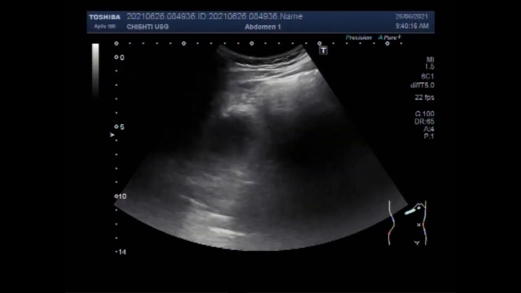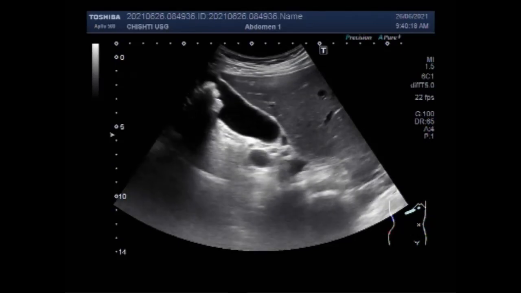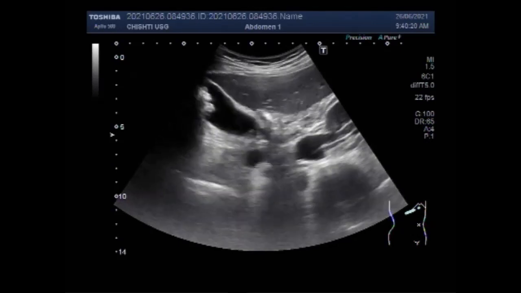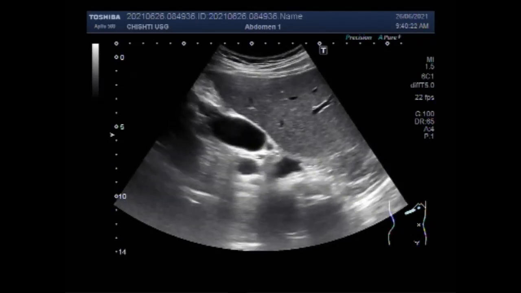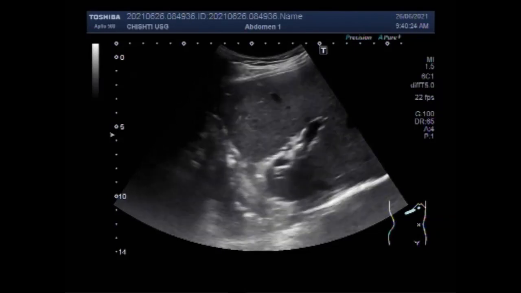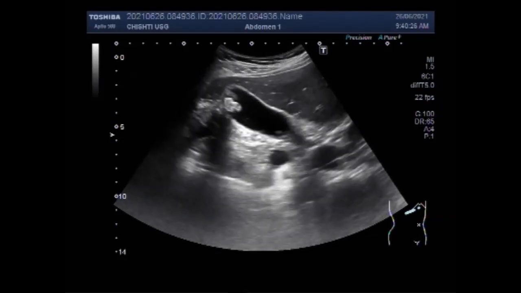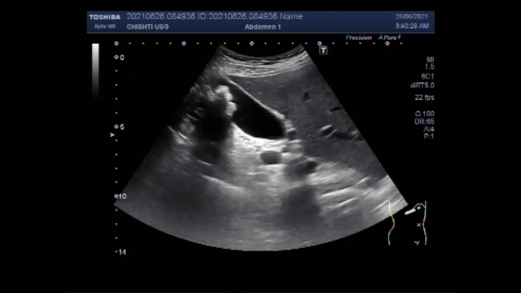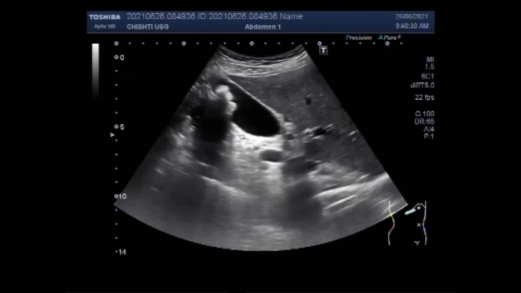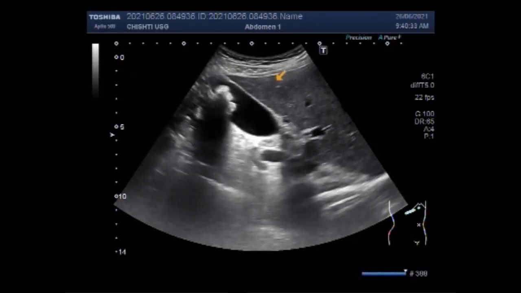This ultrasound video shows multiple gallbladder stones with a renal stone and a stone in the ureter. You can see the multiple gallbladder stones seen in the body of the gallbladder. The patient is lying in the side-on position.